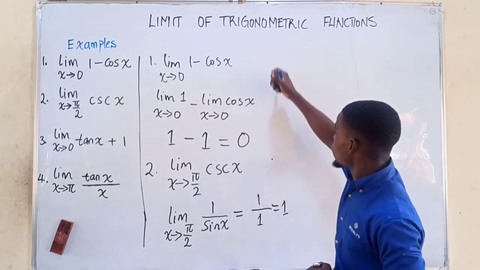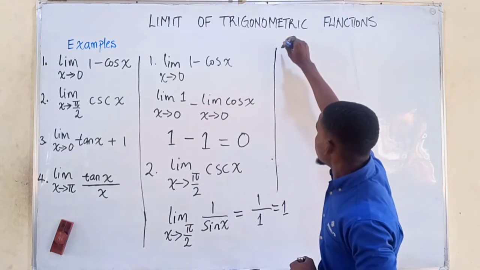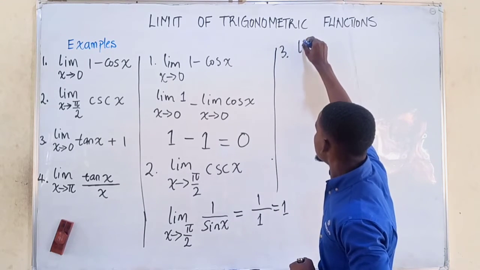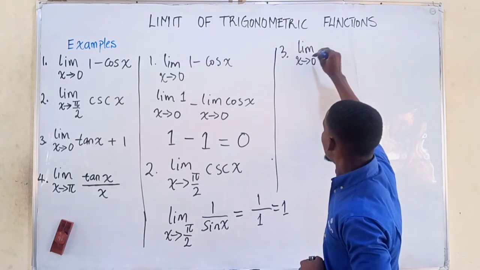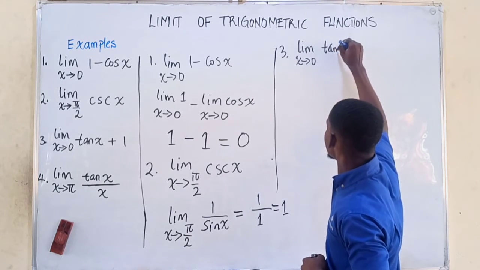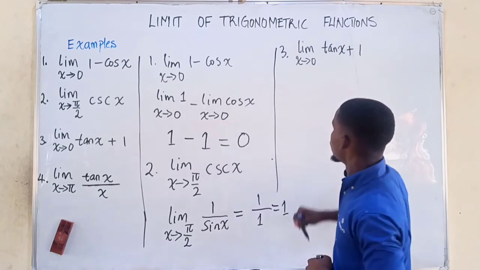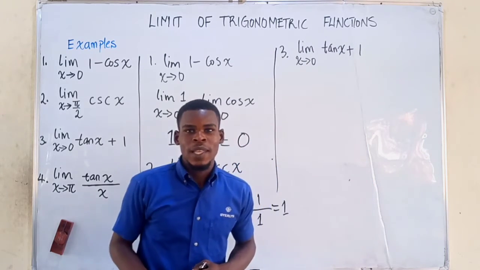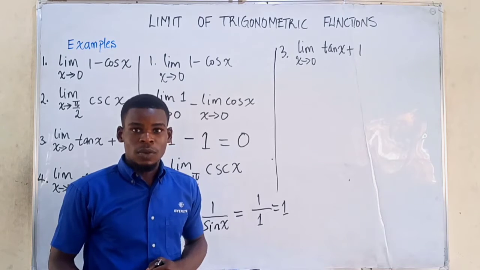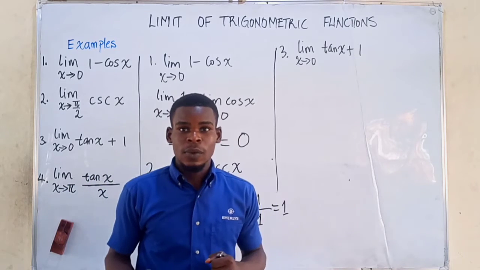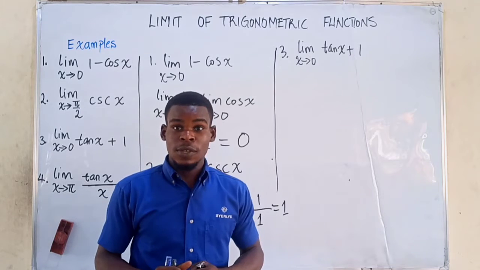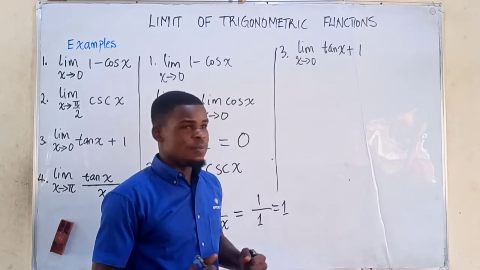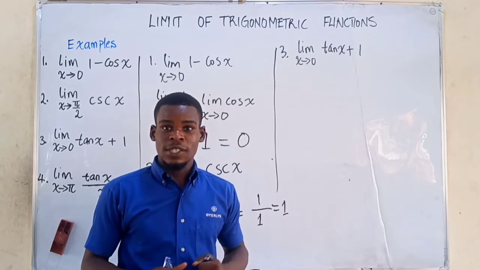Okay, so the third question gives us the limit as x approaches 0 of tangent of x plus 1. Well, it would be a nice thing to note that tangent of 0 is equal to 0. So as x approaches 0, tan 0 is just going to be 0. But if you didn't know that, and you know what sine 0 is and cosine 0 is,